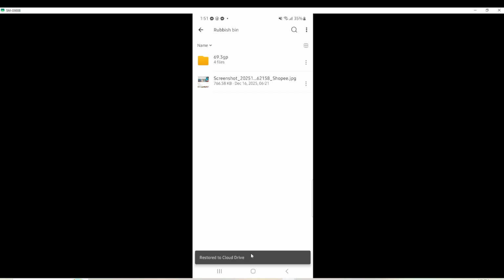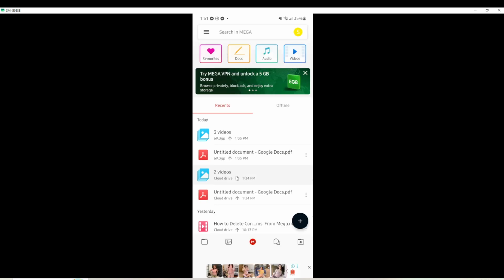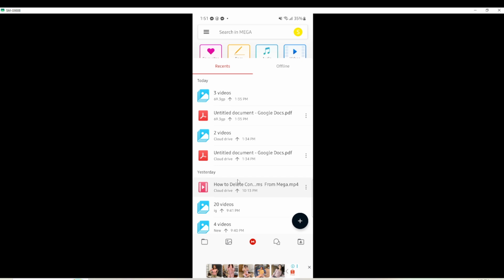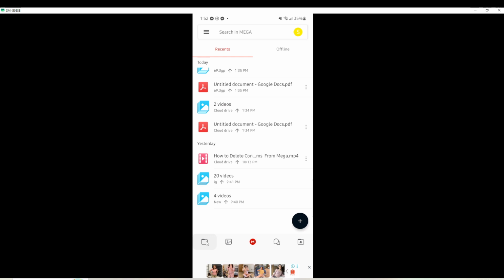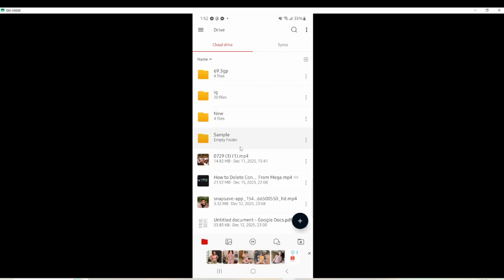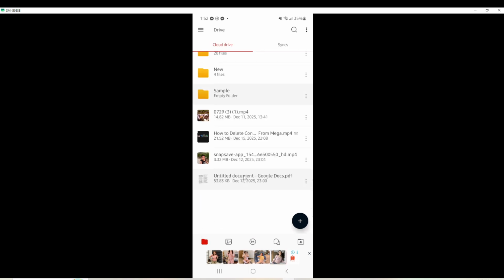A couple of helpful notes as you do this. Restored items go back to their original folders, so if you're not seeing them in your main view, check the folder structure where they used to live. If the file doesn't appear in the rubbish bin, it may have been permanently removed or the bin might have been emptied previously. Also, make sure you're signed into the correct Mega account if you use more than one. Restoring works best with a stable internet connection, especially for larger files, so give it a moment if the file